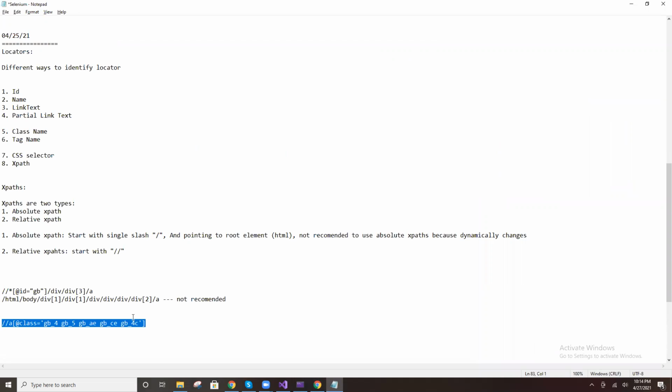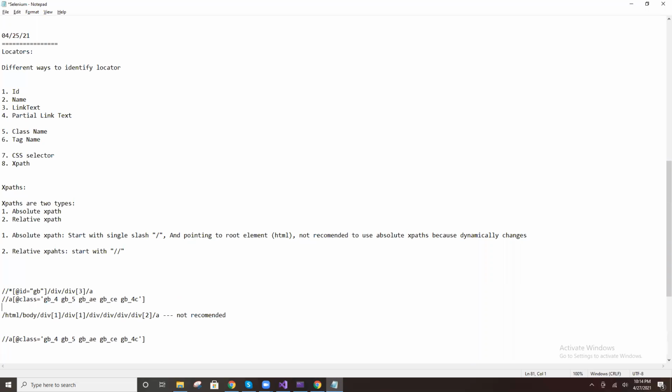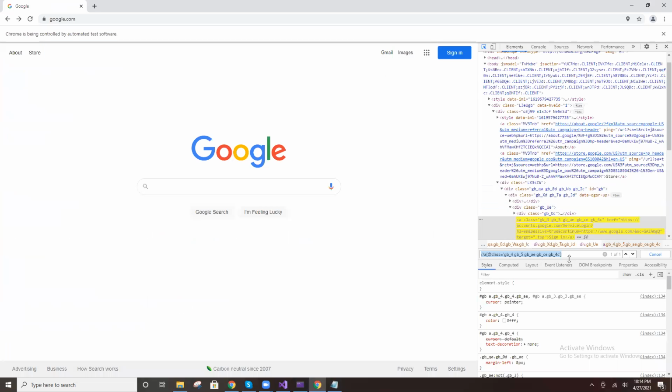Now tell me, this XPath provided by the tool, above one, and this XPath you write. Which is the best? I think the one you create will be good. Why? In case any tags are added or deleted, no issue. I'm slightly adding this locator, these properties. The same way I'm writing XPath for the search box also.